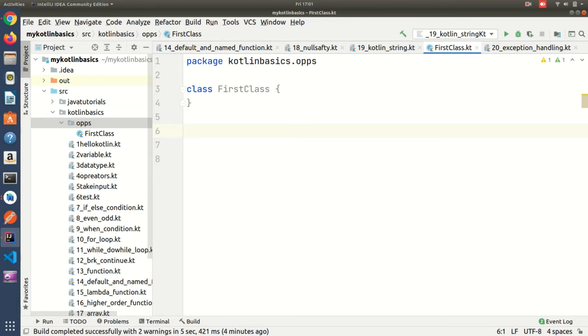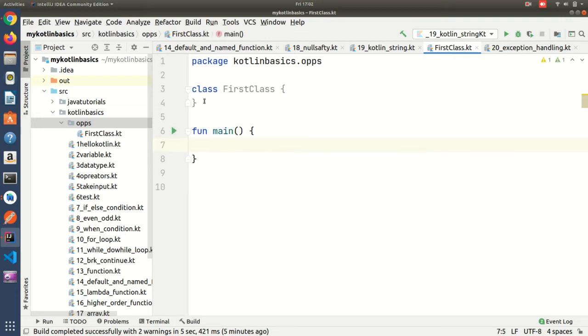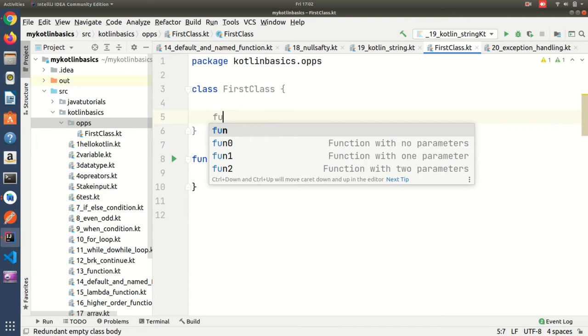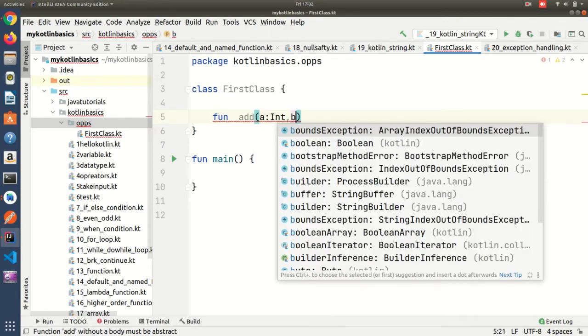And if I talk about class, a class is nothing but a blueprint, and by using the class name we can create the object. Okay, we'll take one example, then we can understand better. For the main function, here I have created one class, and inside the class I am writing one method add. In that I am passing two parameters, int a, b.